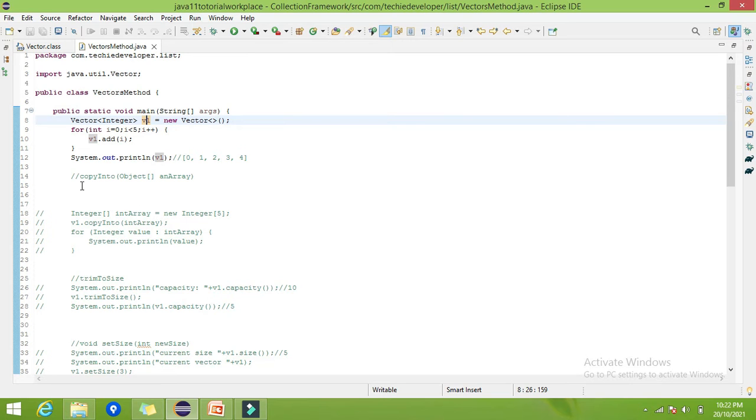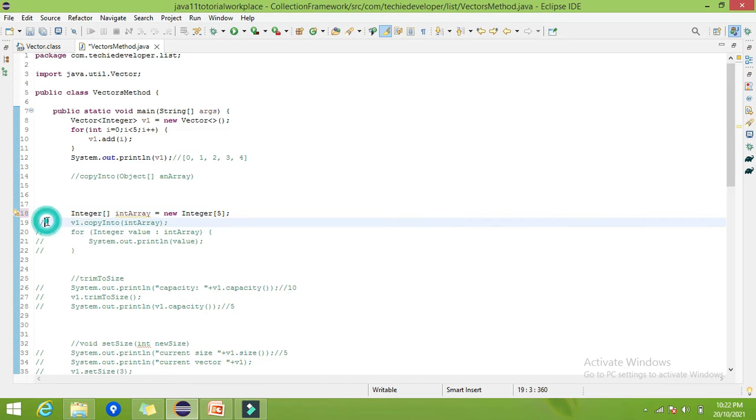Because we have created a vector of integer, we have to create one array of integer. So I have created an integer array of size 5, because I have 5 elements in the vector, so the array length is 5.